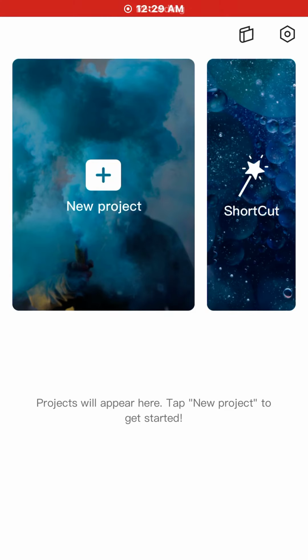Today I'm back with one more amazing video of CapCut, and in this video I'm gonna tell you how you can increase the speed of your video and how you can apply a smooth slow motion effect to your project